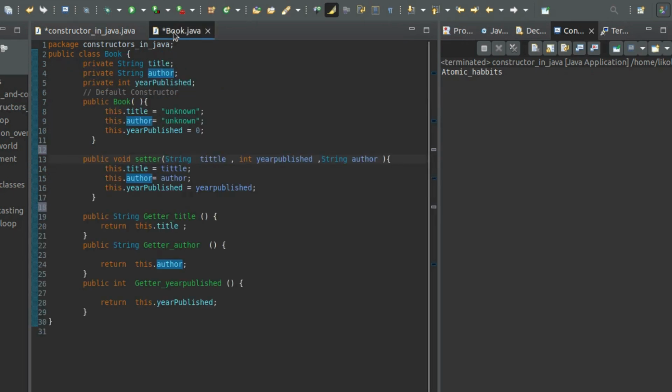So inside the class, I declared three functions that are meant for returning values of these attributes of the class. If I want to return the title, I need a getter. I need to declare it public, to access it outside the class. This returns me the title. So each time I want to